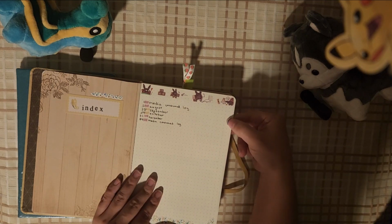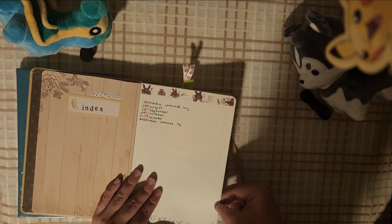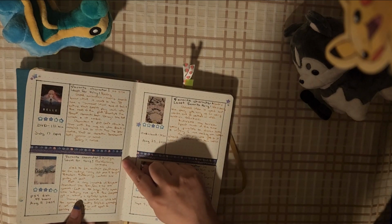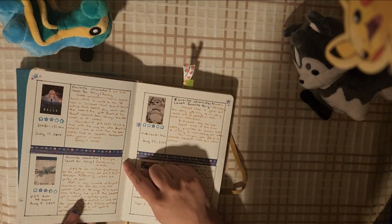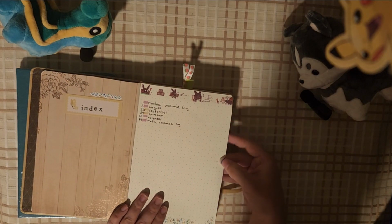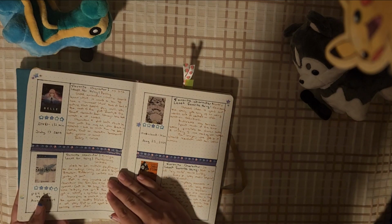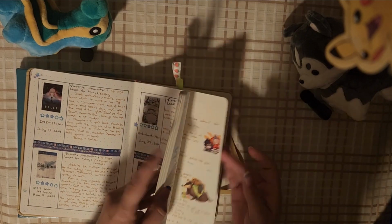The one thing about the page thickness here is that you can see a little bit of ghosting from the micron. I don't know if you can see that on the camera, but there's a line right through here from the micron page from this side. And this is not a micron. This is a Pilot G2 rollerball or something like that. It's my chunkier black pen, and it's a regular writing pen, but you can see that there's ghosting happening coming through, and that's frustrating to me. And even whenever I have the